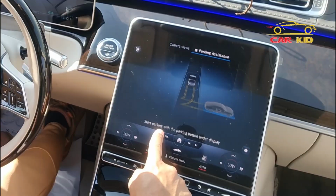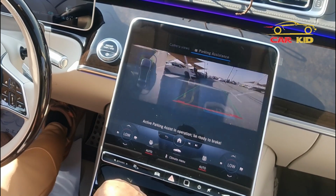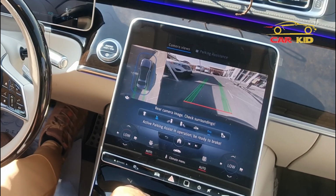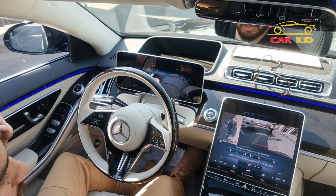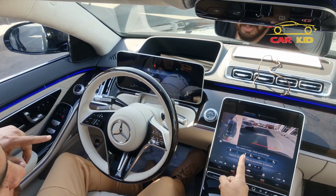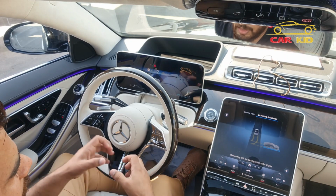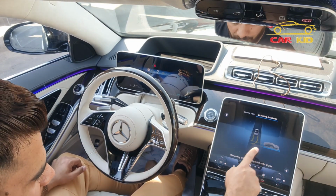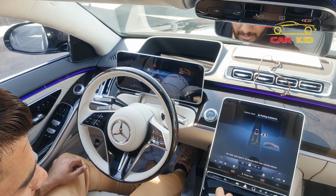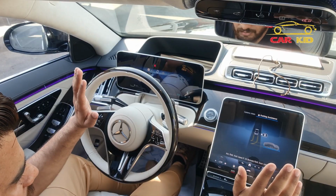So what it's saying, that start parking with the parking button under the display. This is the parking button. Press it here and leave the car. So have a look, it's going itself, and when you see there is a guy, so you can see when there is a pedestrian at the back, the car will automatically brake itself, and you can see this is the parking space the car found. Press this button again, shift into the reverse, and you can see